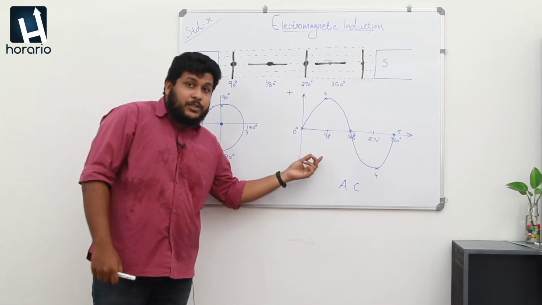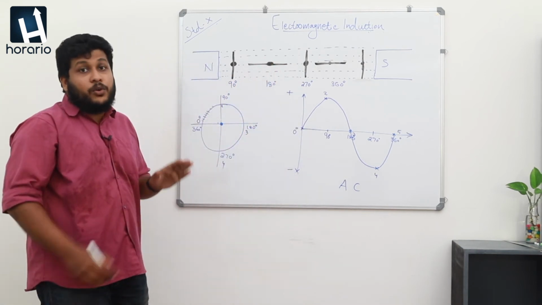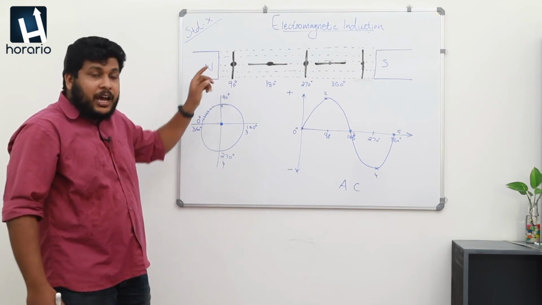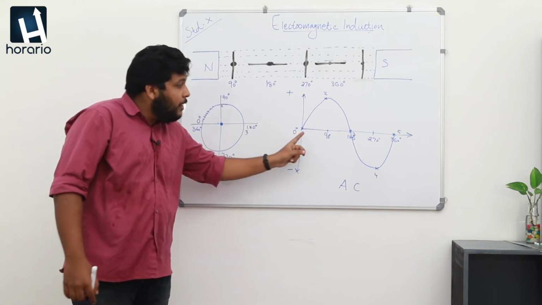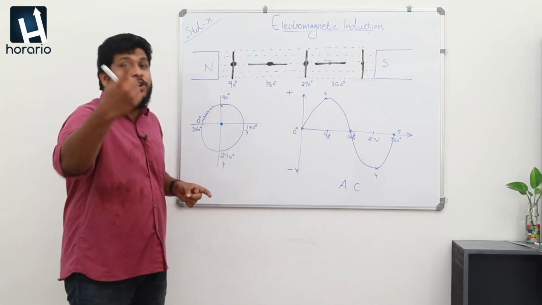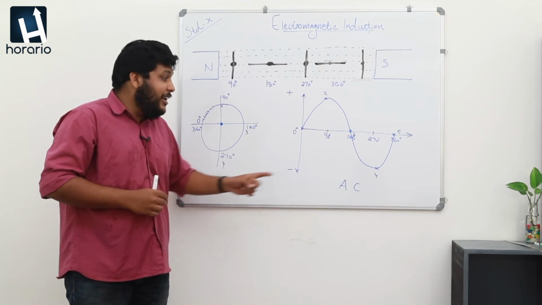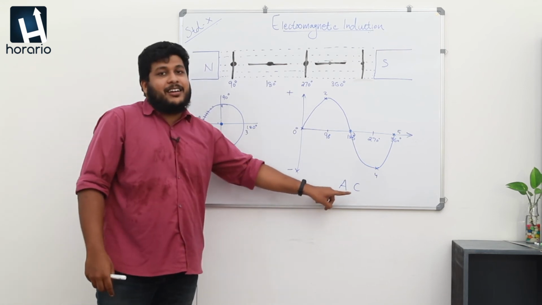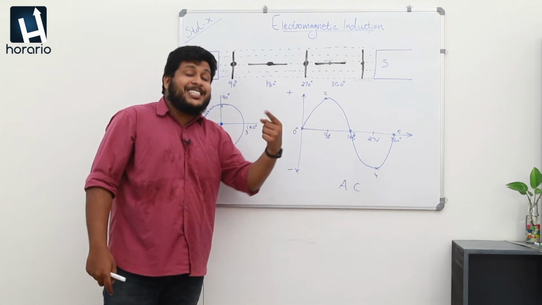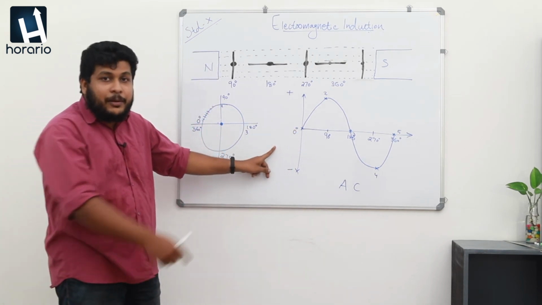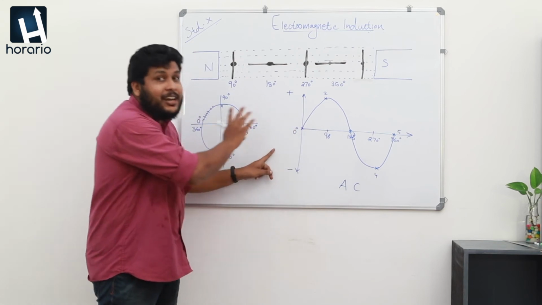Because of the fluctuation, or the change in flux linkage at each time as the armature moves, the amount of current production also changes. That change in the amount of current produced leads to the formation of alternating current. So in each case, when the generator works, the energy produced will always be alternating current.